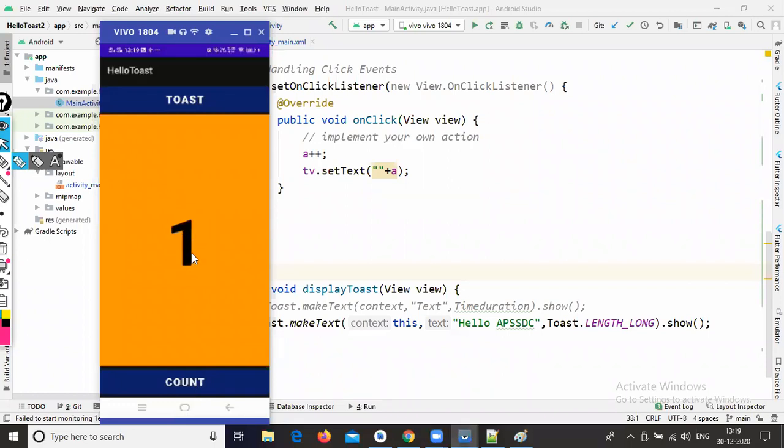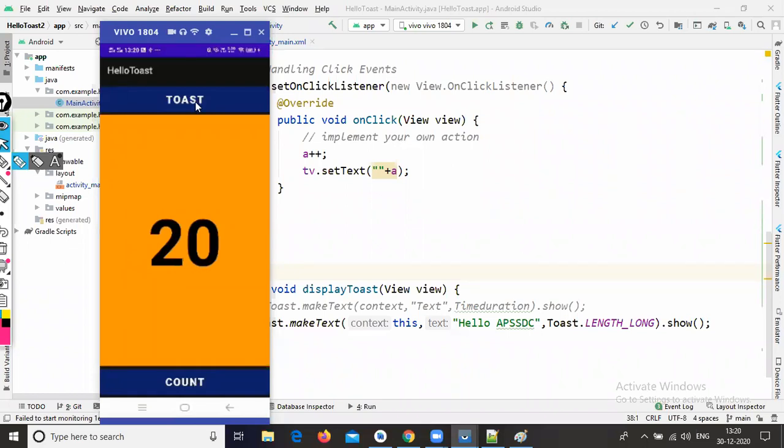Initially it is 0. When I click one time, the count increases. Second time, the count increases. Third time, it increases to 3. Fourth time, fifth time, sixth time, like that. You can click n number of times, and the count keeps increasing.